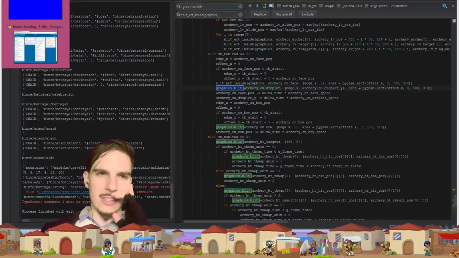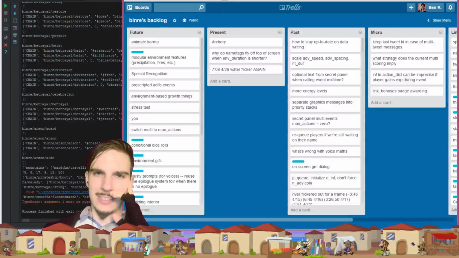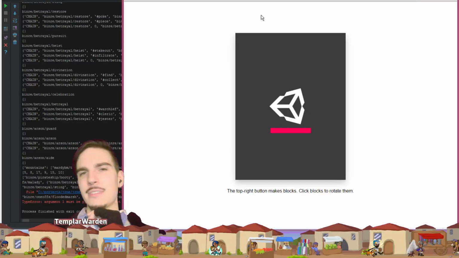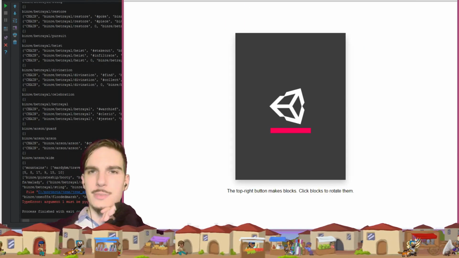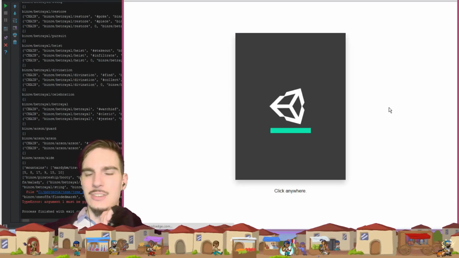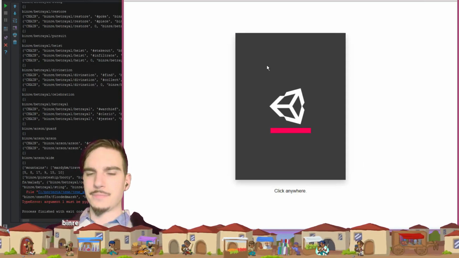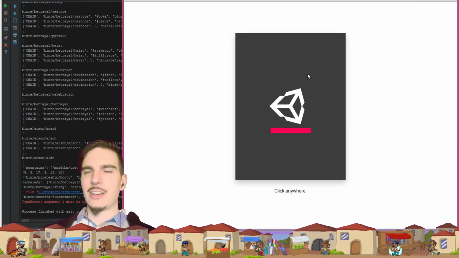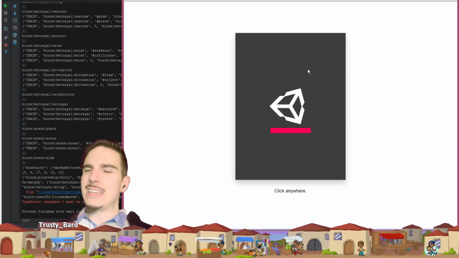An example of that, sorry, just to distract myself because that was getting really rote, and I'll get back to it in just a second. An example of that is, actually, wait, before I show Bbox, I'll go to Grav. When I started working on Grav, I thought to myself, wouldn't it be neat if there was a game